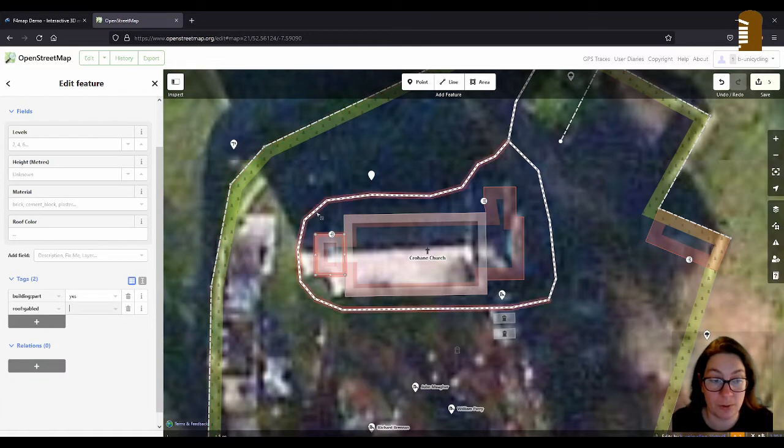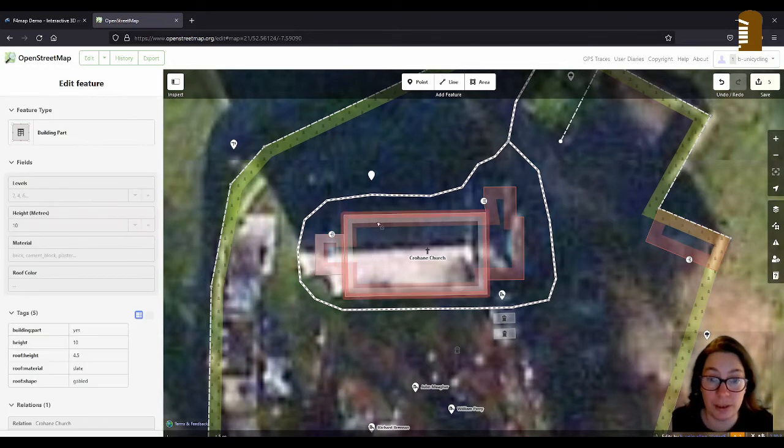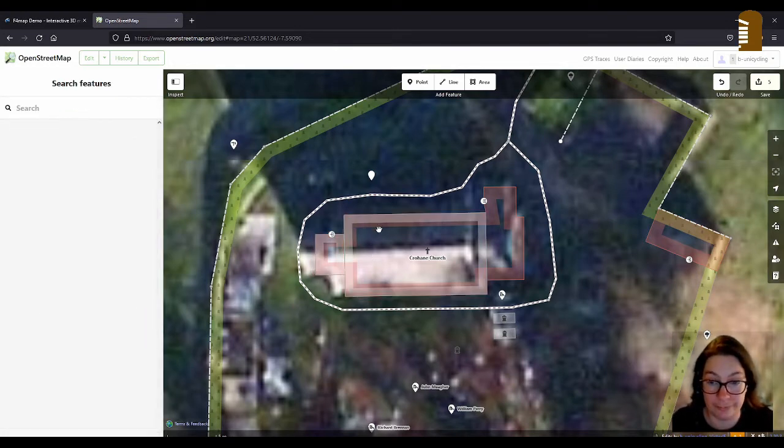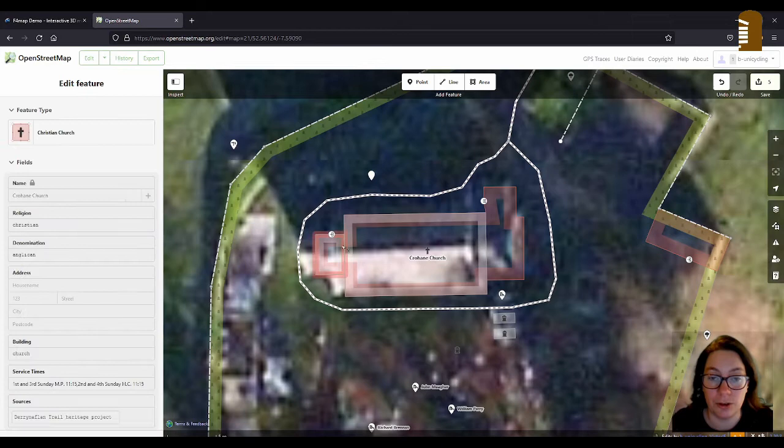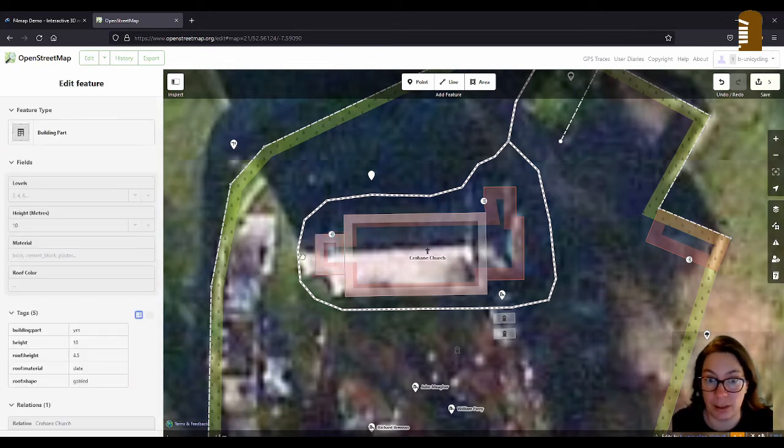But what's very important to know here is that if you put in gabled, or it's the same with hipped, it will always presume that the ridge of the roof goes parallel to the longest, or the longer side of the rectangle. So in this case, it's this way, which is fine because it's the case here.